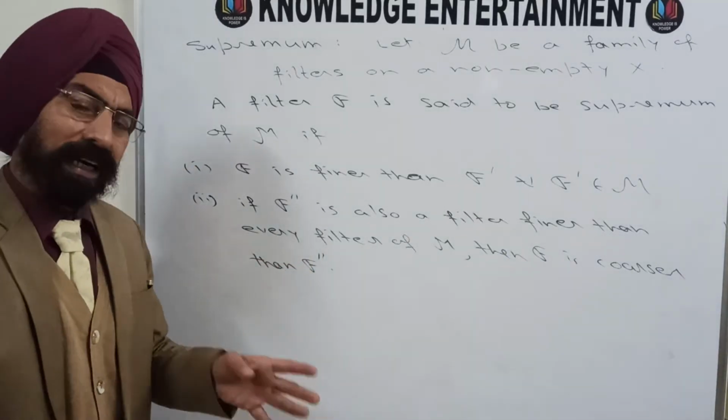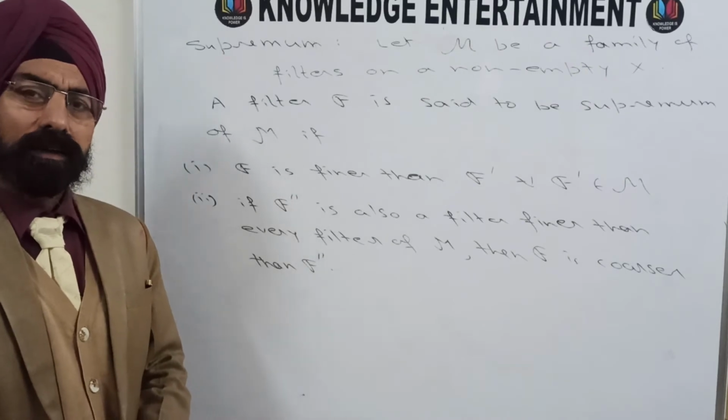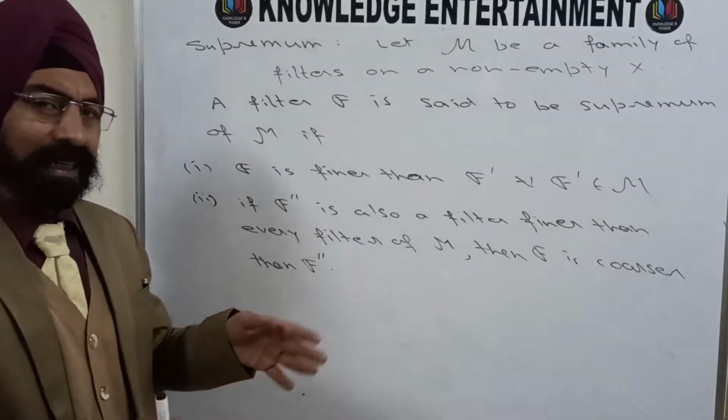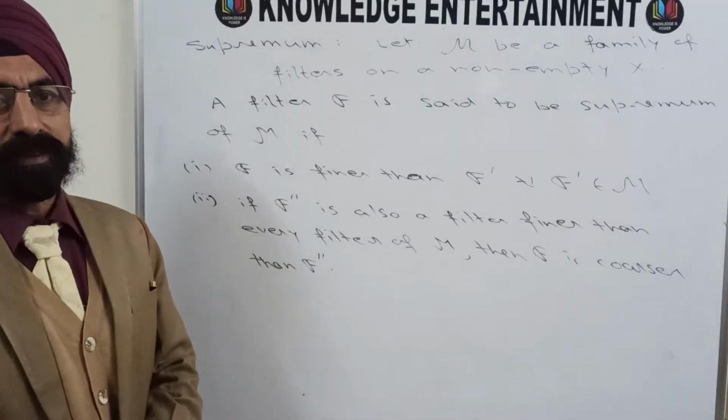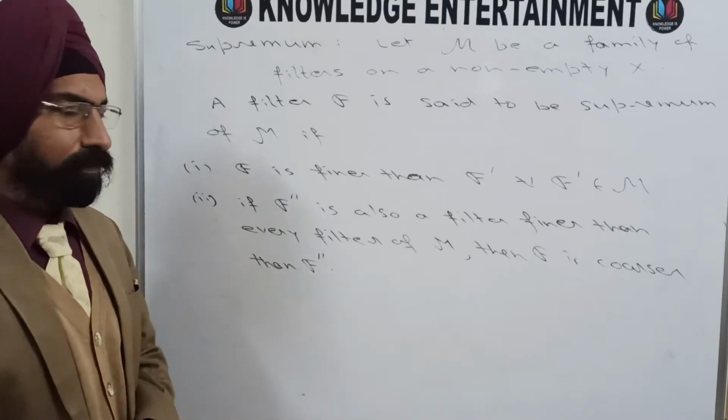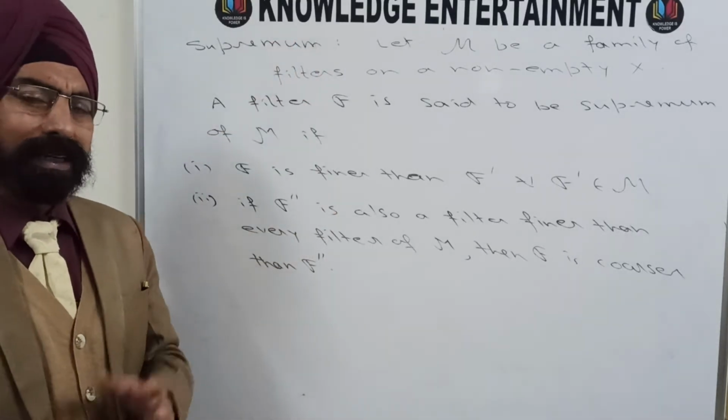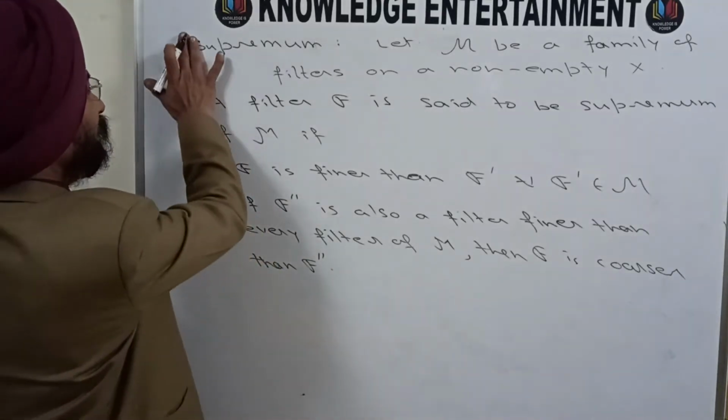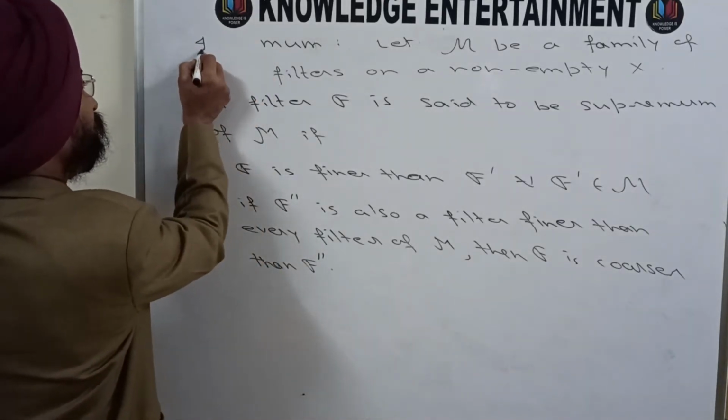That means it is finer than every filter of M, but is coarser than every other such filter which is finer than all the filters of M. So this is the definition of supremum, and similarly we can define infimum